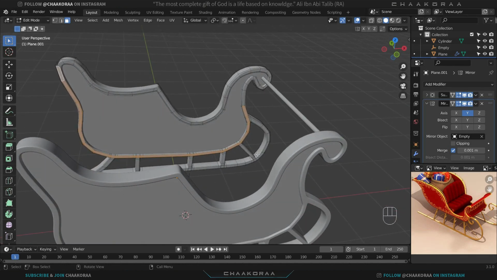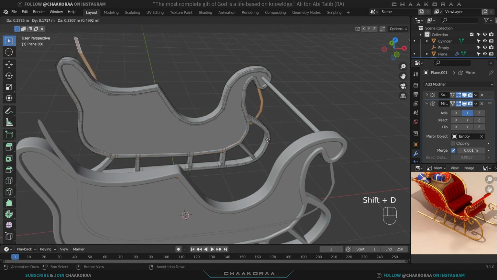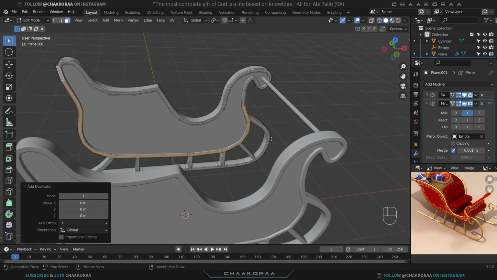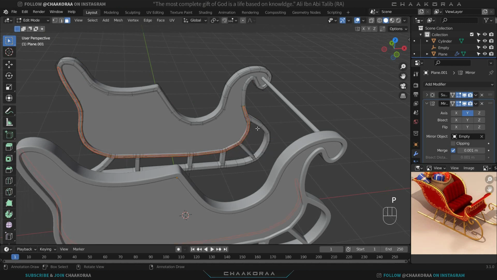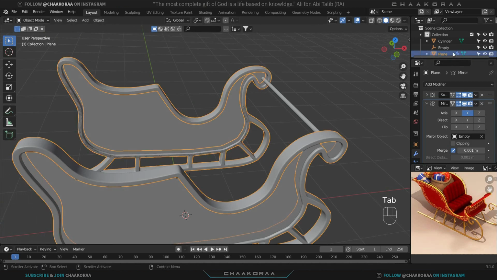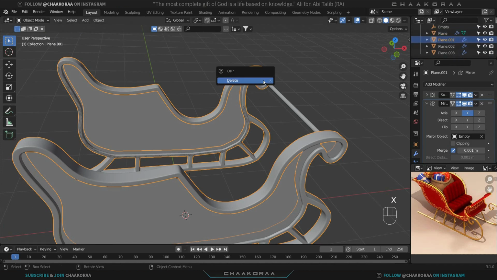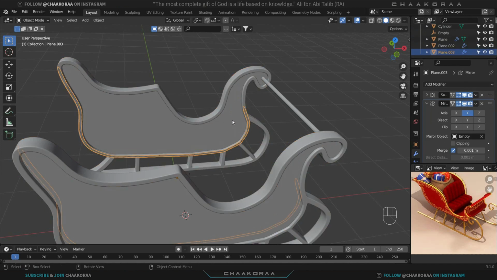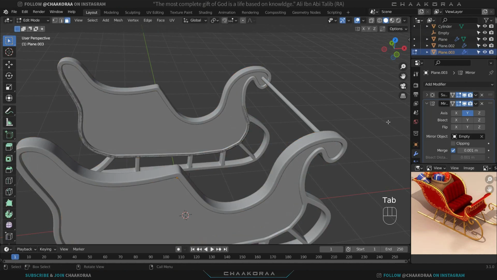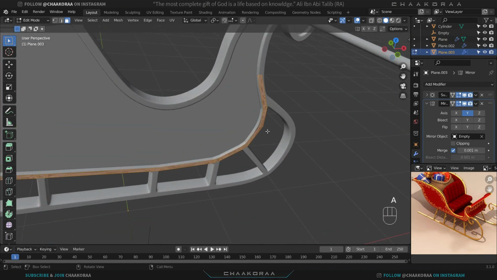Then press Shift D and take a copy of that one, and right click to cancel the movement, and again press P and selection to separate that one. And then we're gonna delete this additional stuff. We don't need it anymore. We're just gonna need this one, and press tab to go to edit mode and press A,